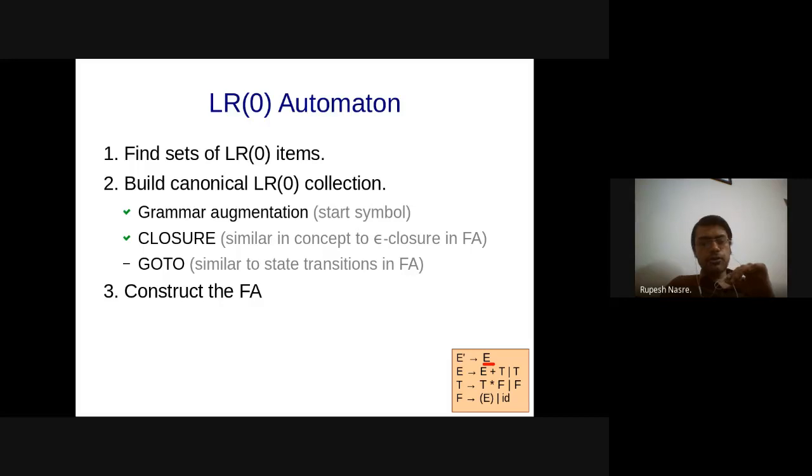All right, so let's construct that complete automaton. You have this I0 state, and from here there are multiple transitions possible. There are some transitions which are not possible. For example, if you are at dot capital E or dot capital T or dot capital F or dot opening parenthesis and dot ID, these are the different transitions which are going to be possible because of where the dots are.